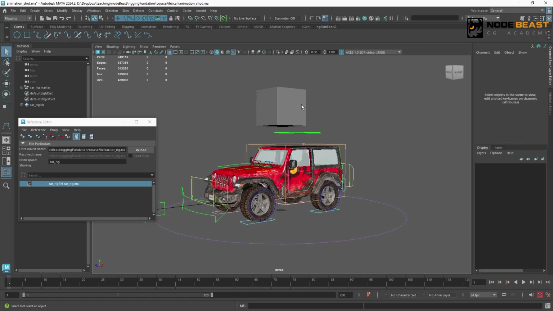So here, when we animate, we will use reference, because on one hand, it makes the animation file smaller. On the other hand, it ensures that while we are animating, we can also update the rig file at any time, thereby improving the efficiency of collaboration between departments.